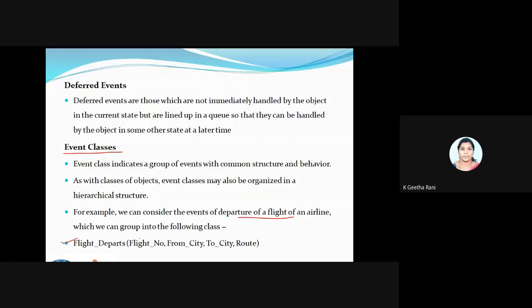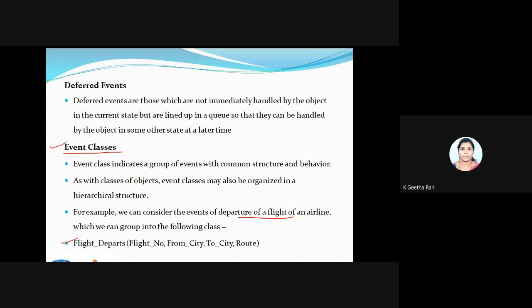A flight number, a from city, a to city, the route. So these are the events which are going to change the state of my flight. These will be grouped into a main event called flight depart. We can have so many event classes like that. If some events have a common structure and behavior, I'll group them into a class called event classes. Fine. So don't think much about it, we'll see this later.